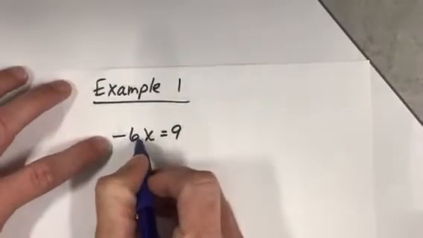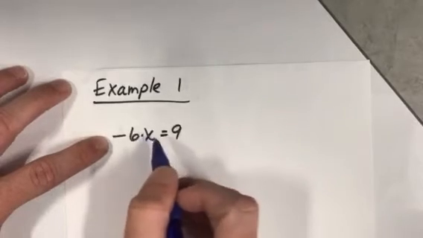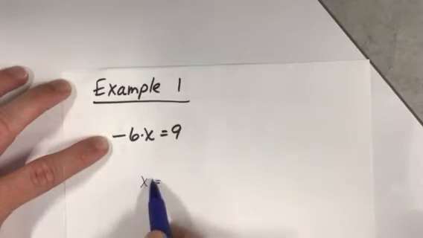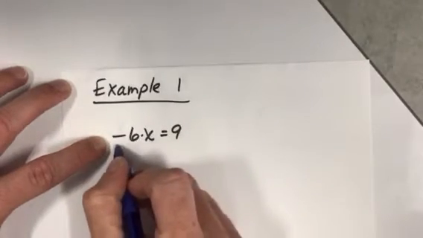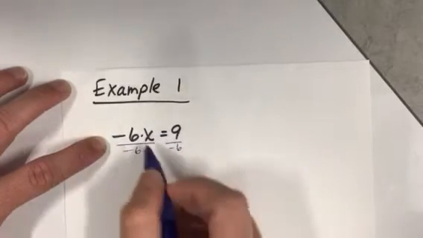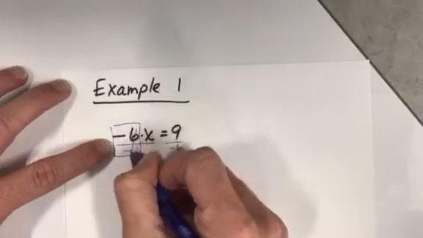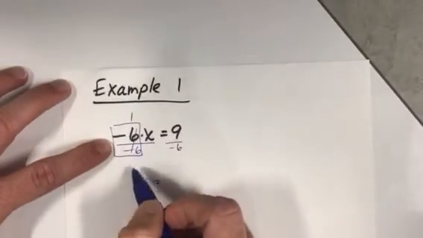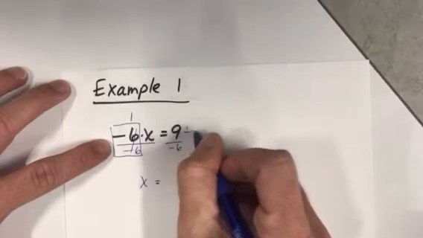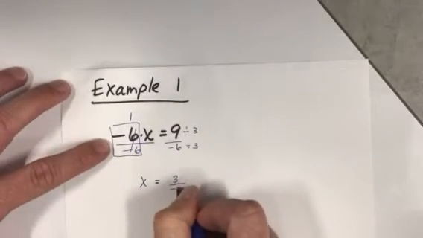Looking at example 1, we have -6 times x equals 9. When we think about inverse operations, our ultimate goal is to get this to be 1x equals something. Whatever that solution is, when we substitute it back in, we'll make it true. So we're going to divide by -6, and we're going to do it to both sides of the equal sign. On the left-hand side, we complete the entire operation. -6 divided by -6 becomes 1, or 1 over 1. And then on the right-hand side, we're going to simplify this fraction. We divide the top and the bottom by 3, and we end up getting 3 over -2